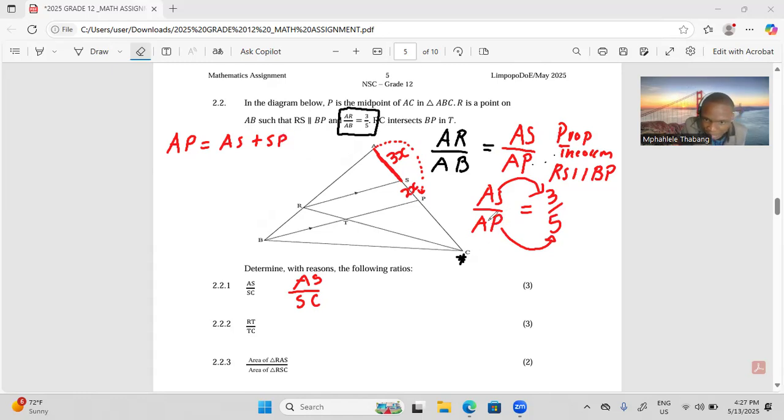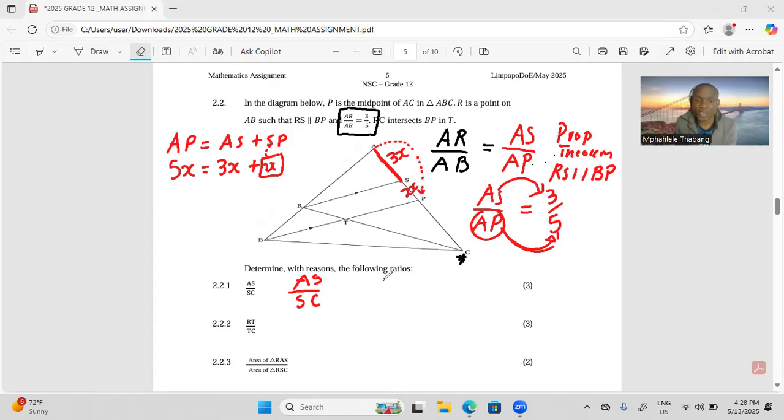And don't forget, I'm representing AP in terms of 5x, and I represented AS in terms of 3x. Surely, this SP, you can tell that it has to be 2x. So that's why I'm saying the distance from S to P, I'm representing it in terms of these two and